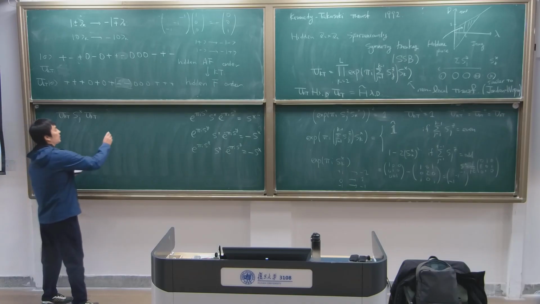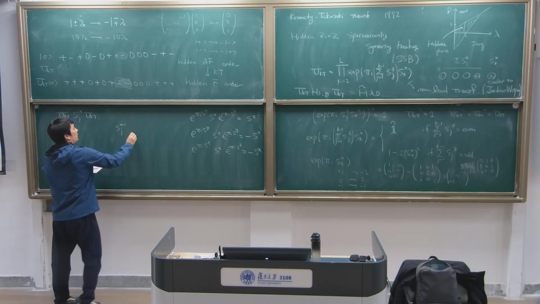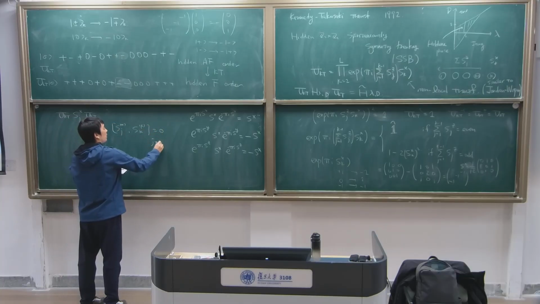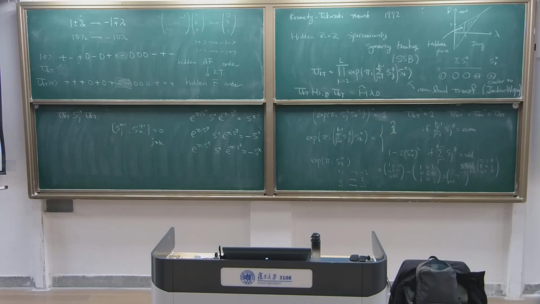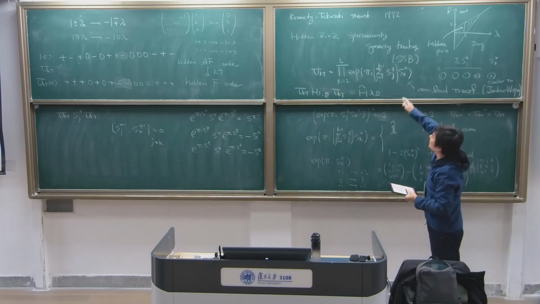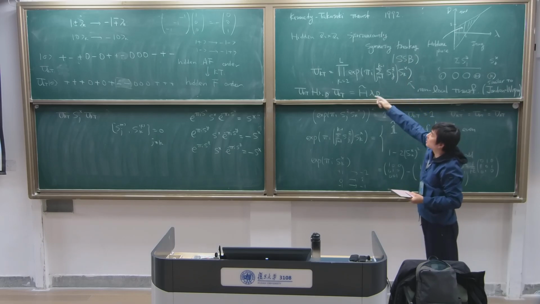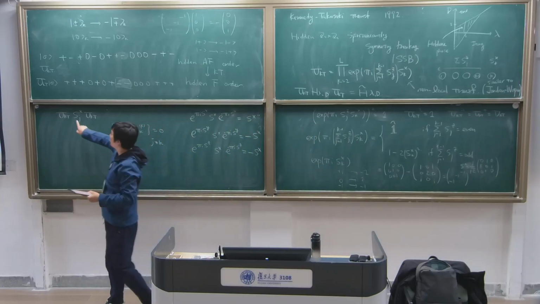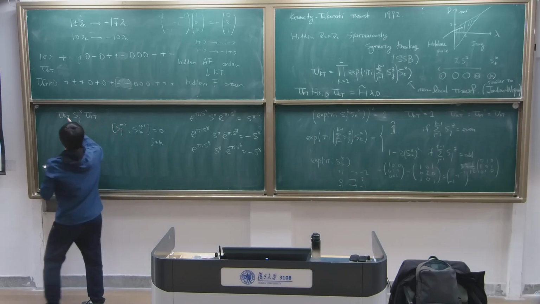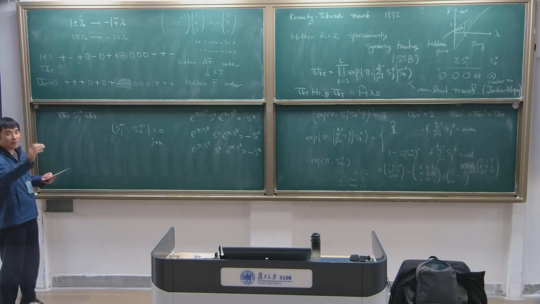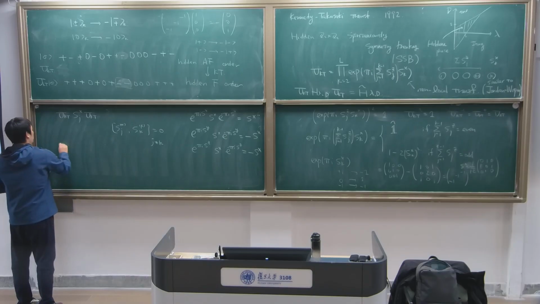Different sites, like S_J alpha and S_K beta, they commute when J is not equal to K. So if you look at this one, when K is less than J, this part will commute with S_J^x. So bring that part of the UKT into here, and you don't need to worry about this. The important part is the exponential of